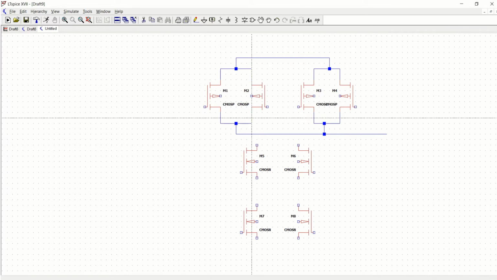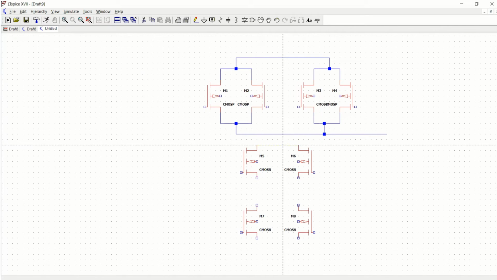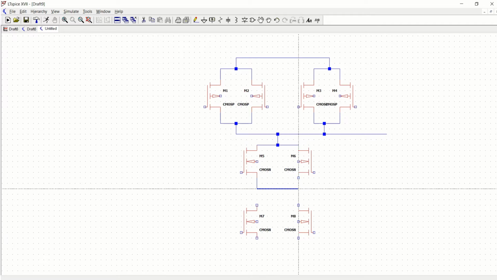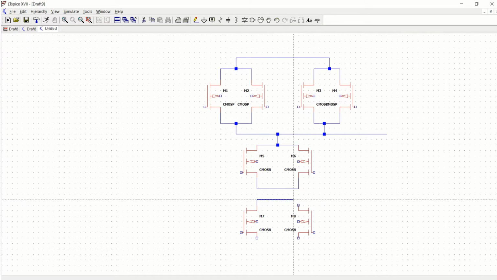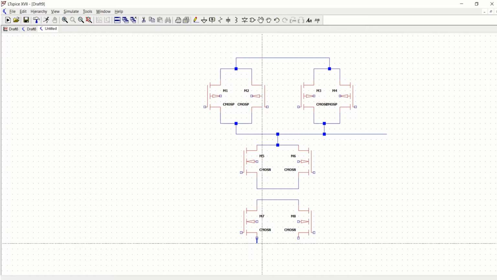Make the connections for these two NMOS transistors. Select this, and you can connect these two as well as one of the transistors, and these two is forming one more transistor. Connect these two similarly.